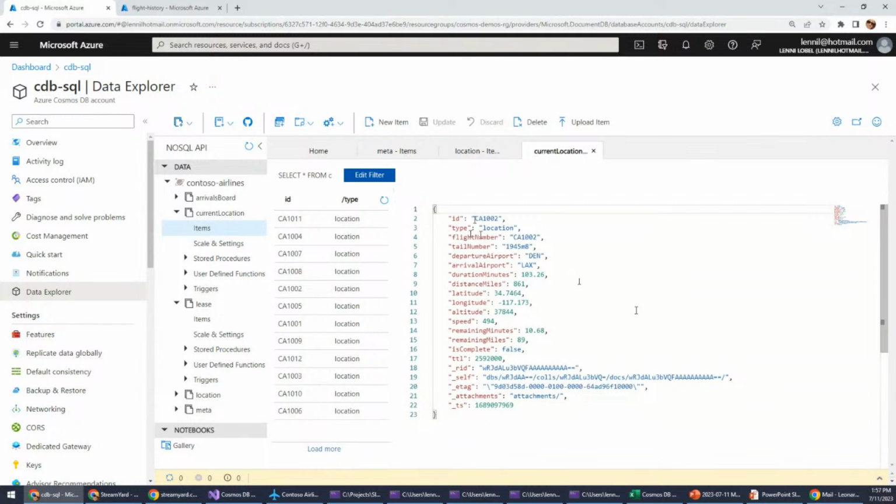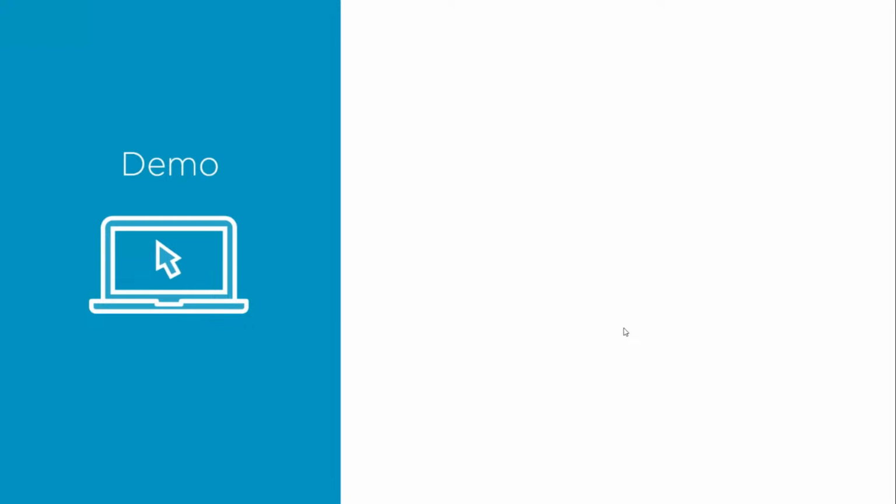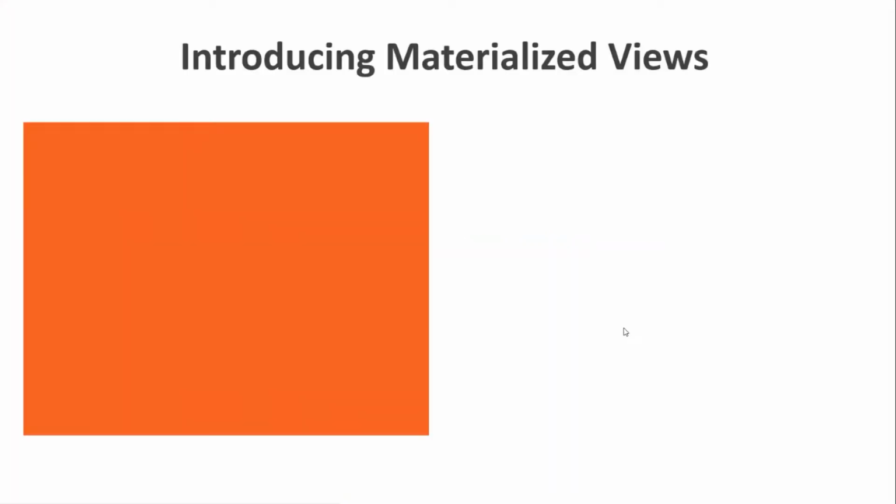You see that the ID was changed to the flight number from the GUID, but otherwise we have the same information. So as I've been closing, I'm going to say that the arrivals board works similarly. So just to review these